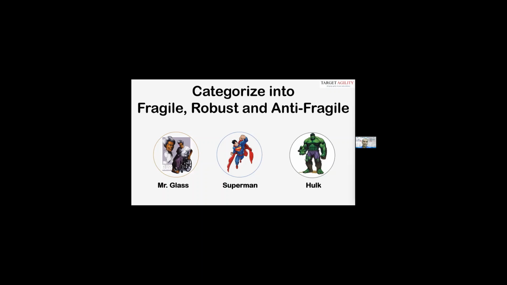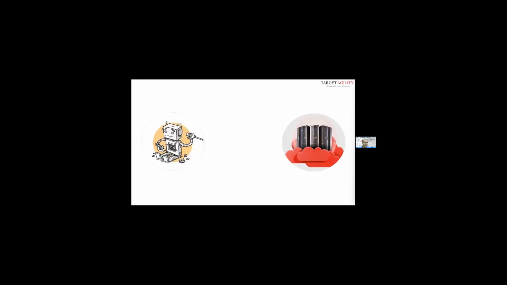Yes, Superman is resilient. But for those people who do not follow cartoons, there's a different way we can think of it. Coming out of the cartoon characters, we can see it in our IT systems as well. On the extreme end, we have the fragile IT systems, which just break whenever there is a single production issue, or we see a simple security breach. On the other hand, we see robust IT systems. You have invested a huge amount of money in building that high level of availability, implementing redundancy and replication strategies. But then there is,